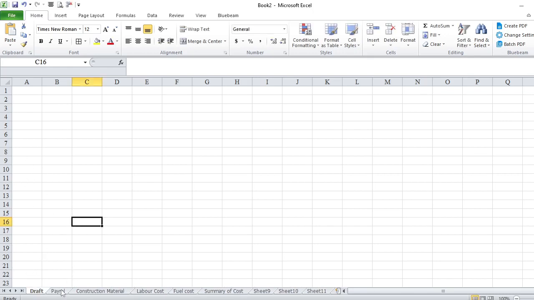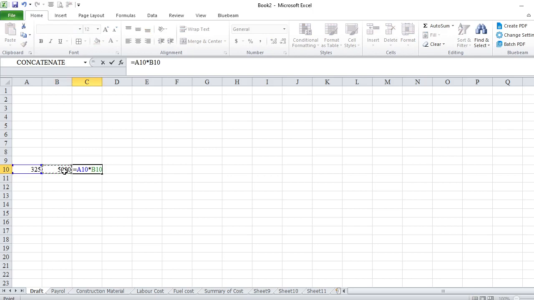For example, to make the payroll, you may need to know how many people. For example, you have 325 people. You may have 5,000 for each, and you may have this calculation here. You did this calculation. I just multiply 325 by this.